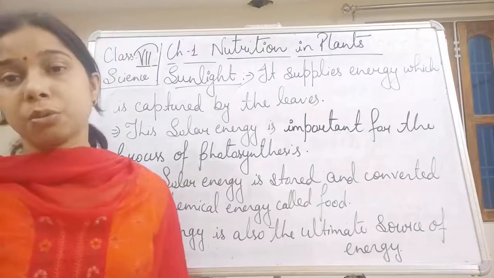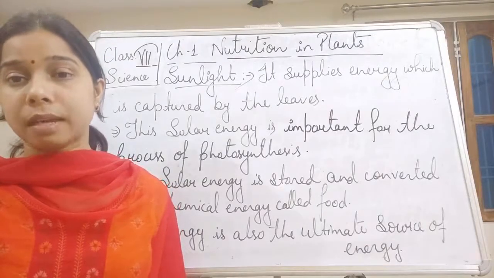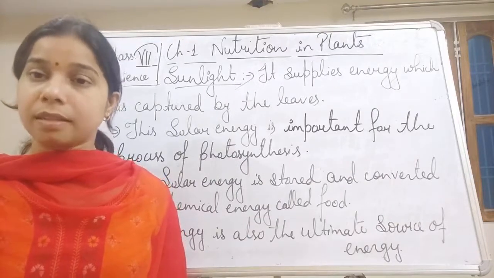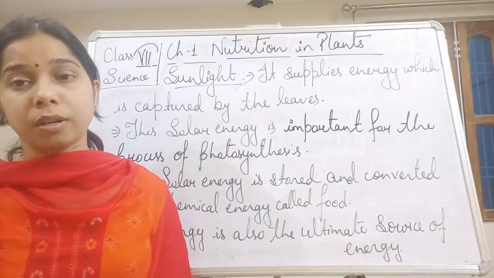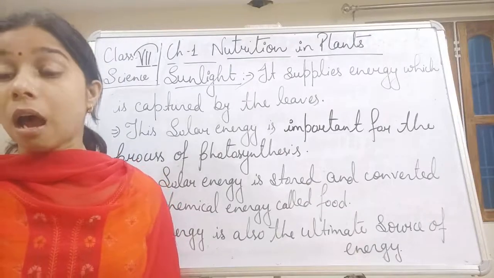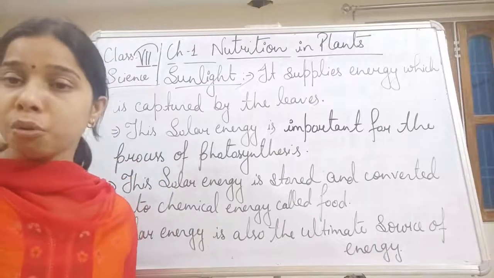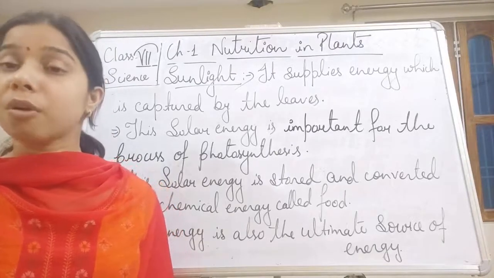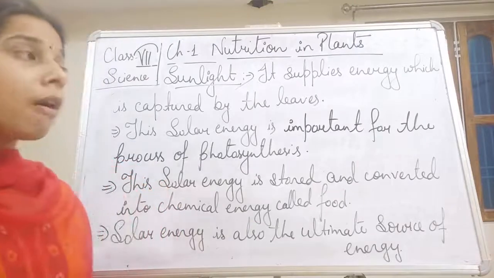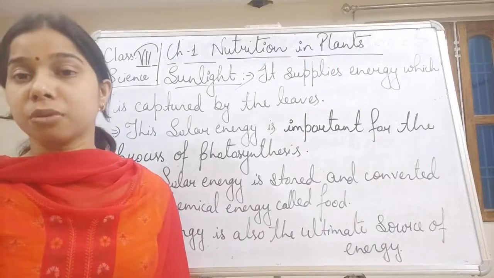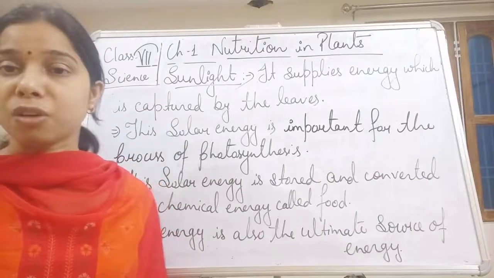Now you see here students, the thing that we have to understand is that the process of photosynthesis helps in making the food. What is the food here? Food is the glucose, and glucose is stored in the form of a complex carbohydrate that is called starch. So we can say that the result of photosynthesis is starch.